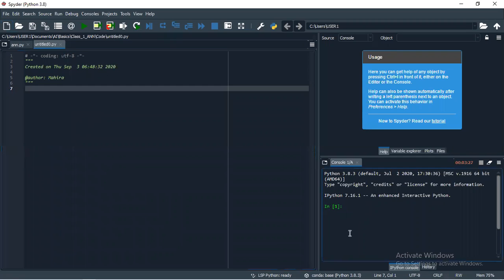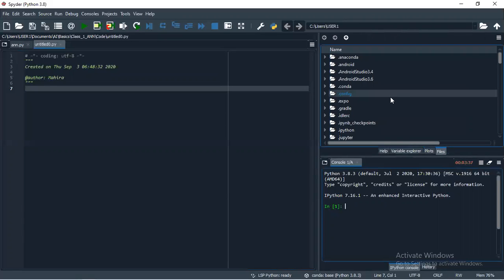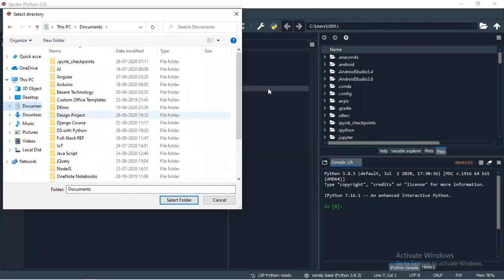This part is your output console, and here you can get the help and the variable explorer, which I will explain. This files pane shows what files are in this path, under users. Now I'm getting some other files, so I clicked there and I'm opening it.